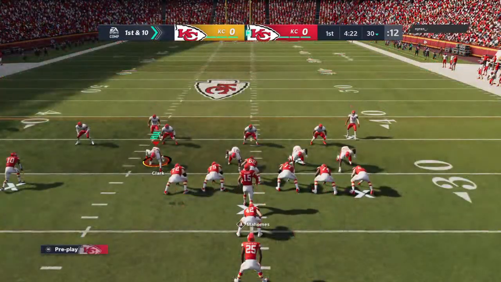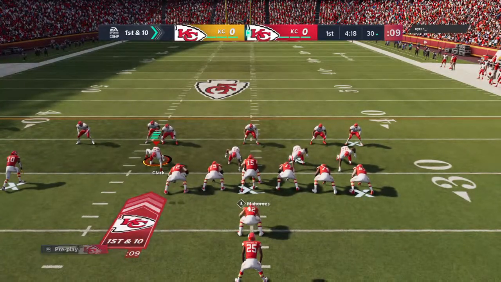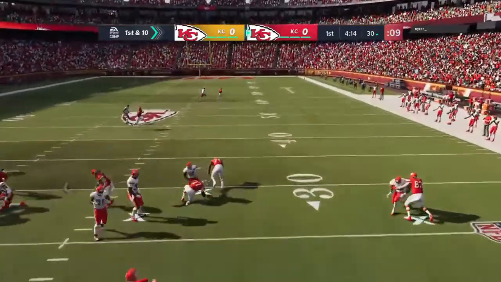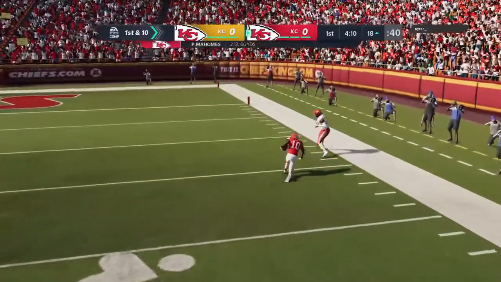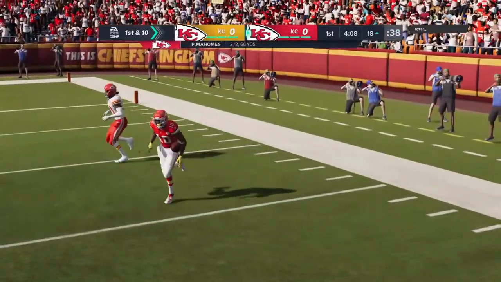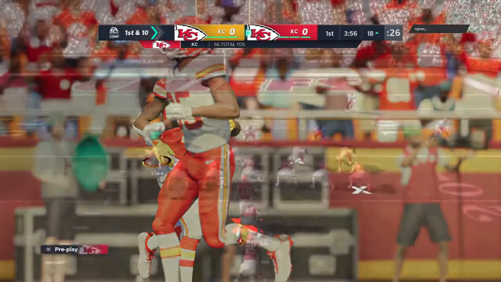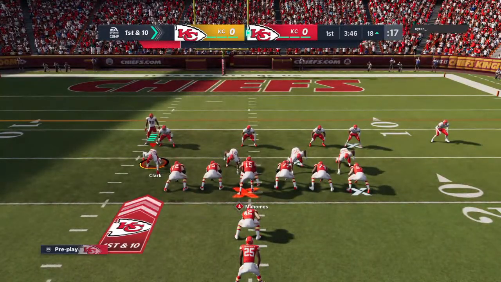So 1st and 10 now from the 30. Here's Mahomes to throw. They're going deep for Hill. That's caught inside the 20. Mahomes finding Hill for a big play. 53 yards. A real field flipper there as all of a sudden they've got a first down in the red